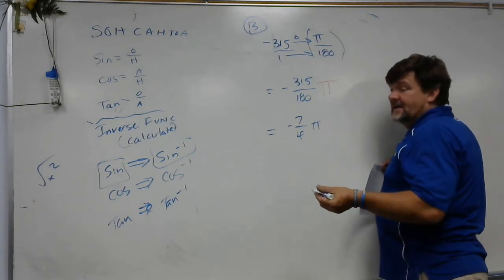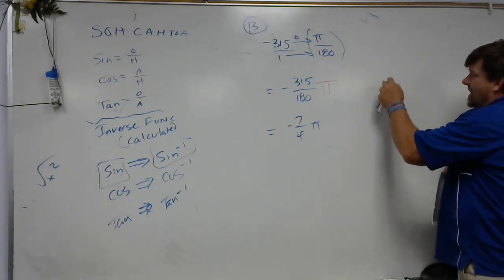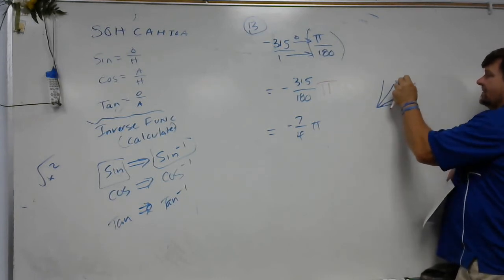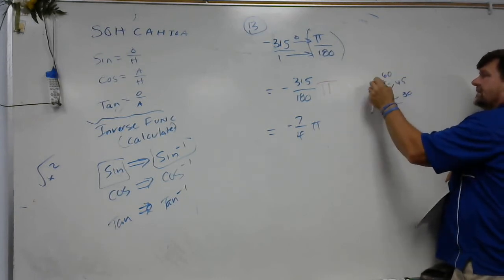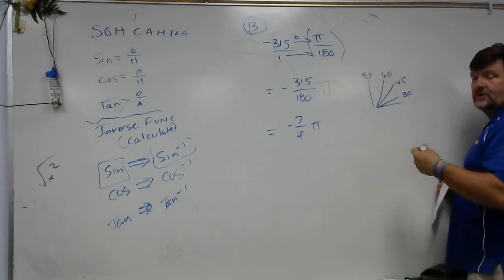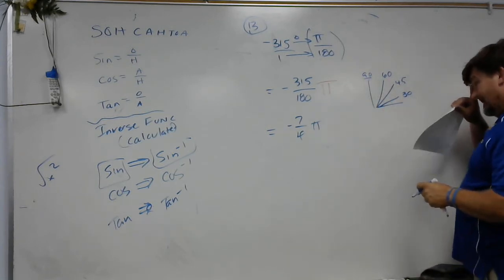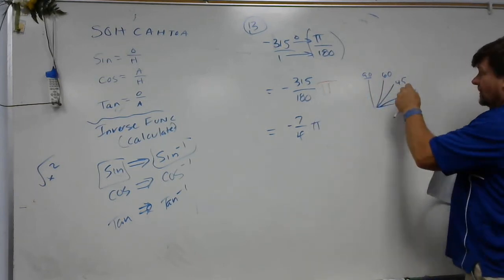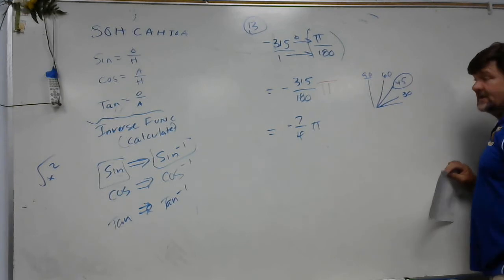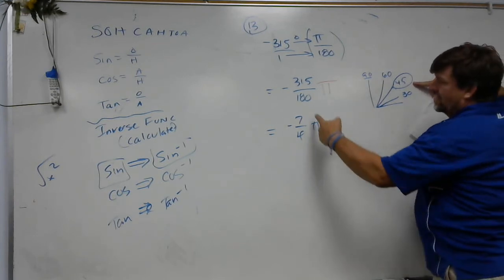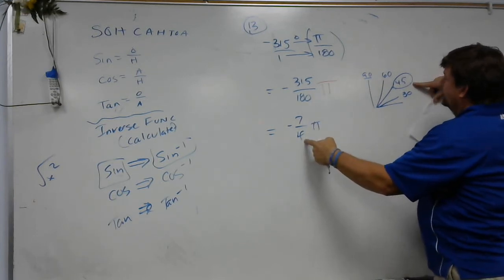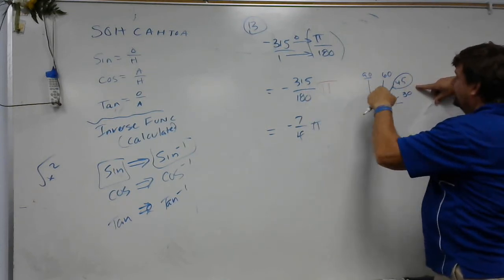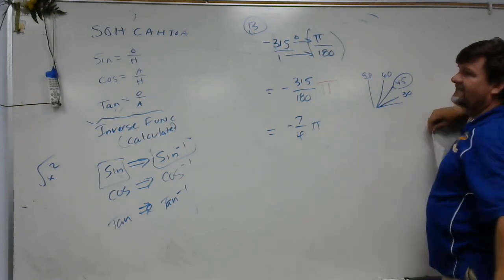So I did it this way. We have 3 triangles based on the unit circle. We have the 30-degree triangle, the 45-degree triangle, the 60-degree triangle, and the 90-degree triangle. Those of you going to Math 3, this is where we're headed. I know 30 and 60 do not go into 315, so 45 has to go in there. So 45 goes in 4 times, and trust me on this, if I divide 315 by 45, it gives me 7. The bell just